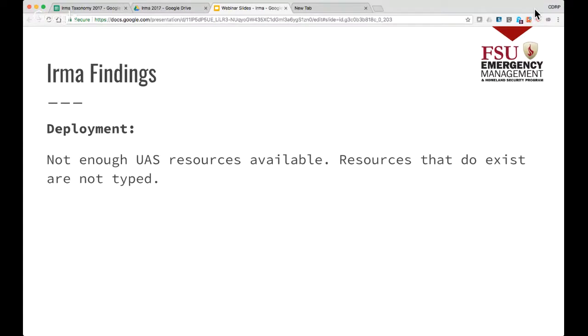All right, so shifting from the stories the data tells to the findings from the deployment itself, some of the lessons learned. First of all, we did not have enough UAS resources in the state of Florida. Nowhere close, right? And so again, shifting from Harvey to Irma, in Harvey, we were focused exclusively on Fort Bend